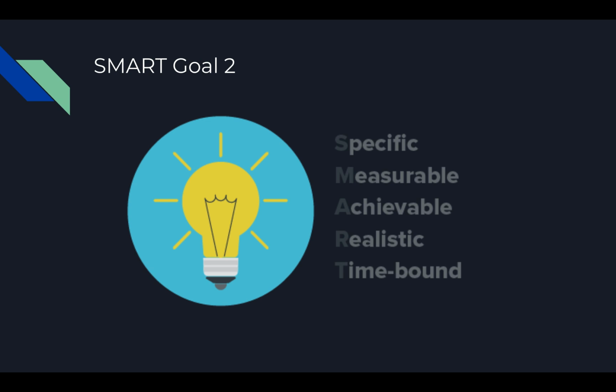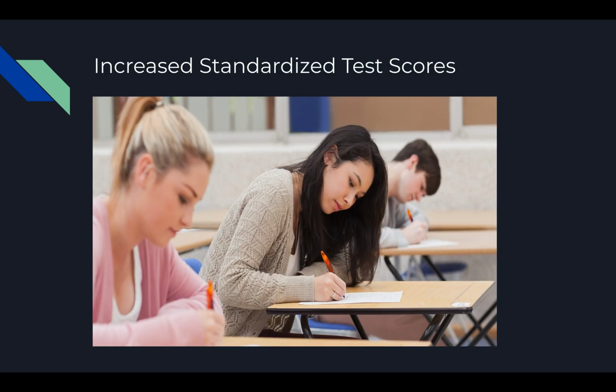So our goal 2 discusses that by June 2022, teachers in grades 3 through 12 will be able to see a 3 to 5% improvement in standardized test scores based on data from beginning of grade assessments, quarterly benchmark tests, and end of grade exams based on the implementation of using iPad intervention programs in reading and math. This improvement will increase the district's grade score.